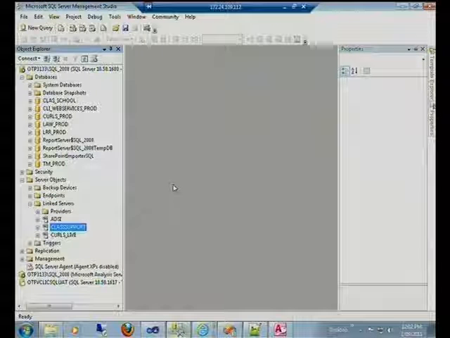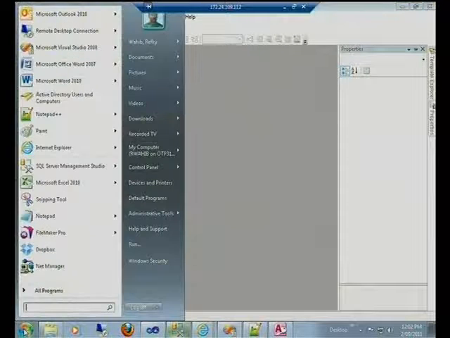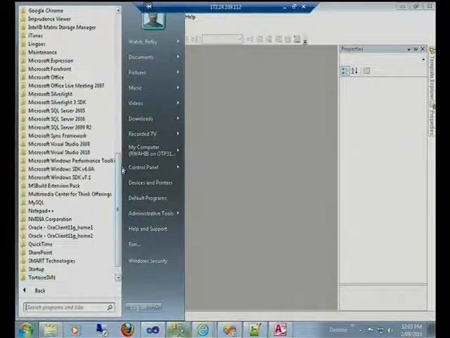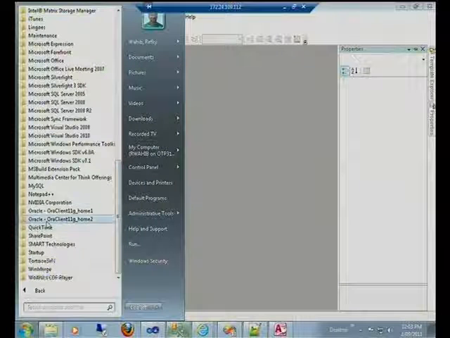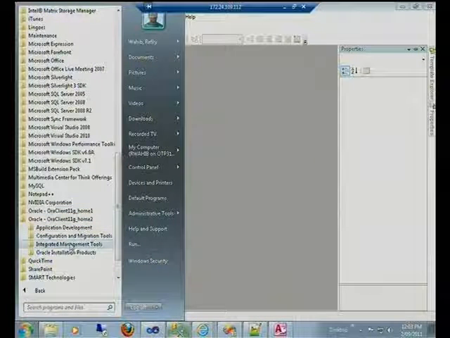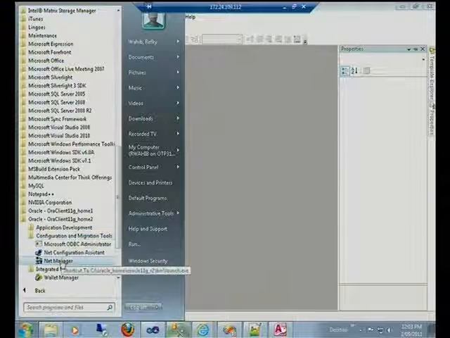The steps that we did for Oracle, number one, we installed the Oracle client runtime. After we installed the Oracle client runtime, it installed all the components that you need, the OLE DB driver for Oracle. It will install the ODBC, and it will install the Oracle Home. It's a folder, and that is the key for connecting to Oracle. So here, after we install Oracle, we installed it twice, and that's why you have two here. So after we install Oracle,